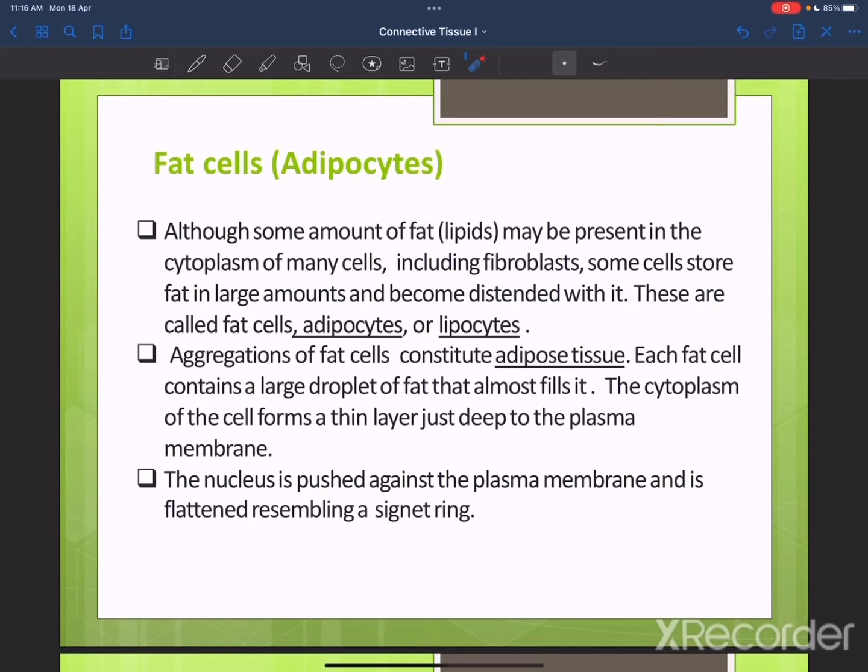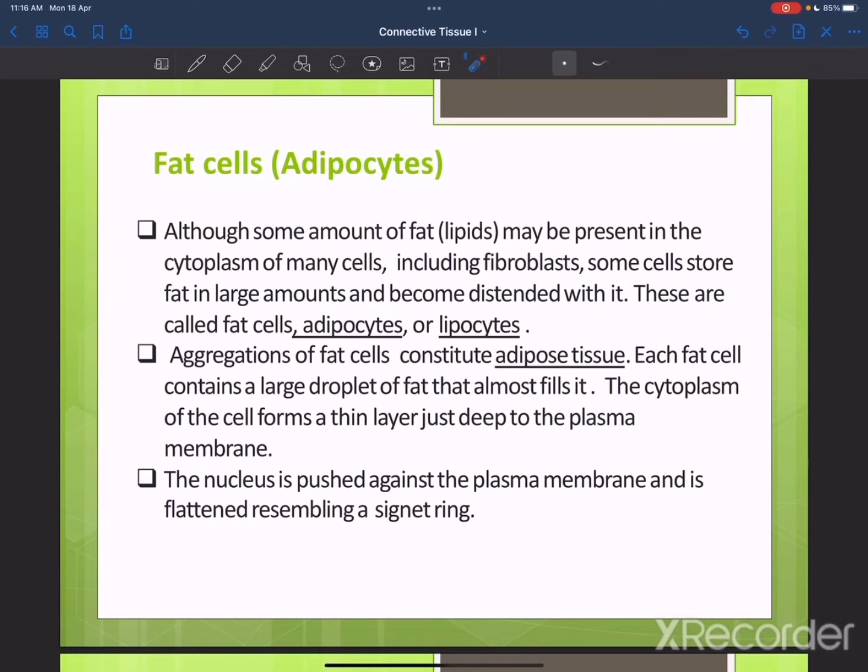in the adipocyte or fat cell in the form of a large fatty droplet. So these cells are called fat cells, adipocytes, or lipocytes. Adipocytes or lipocytes, in which aggregations of fat cells constitute adipose tissue. And a group of adipocytes